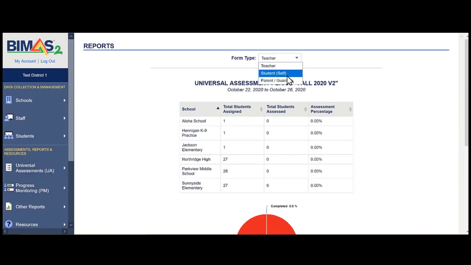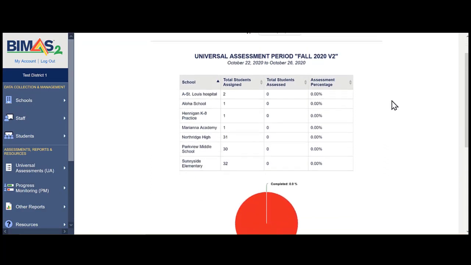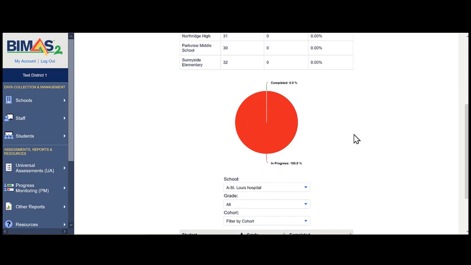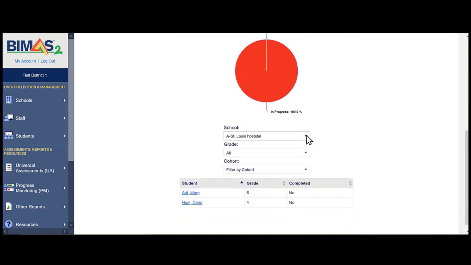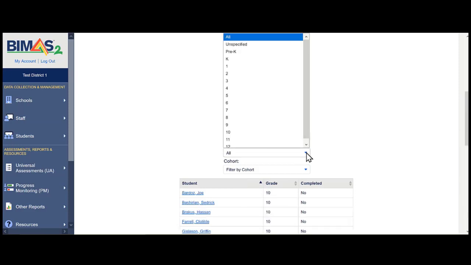So I send, for example, the student emails. As you can see here, of course, I don't have any emails because nobody has completed it yet. You will see the number of schools. Here, for example, you'll see the Northridge High in your district, and it should show how many students have completed it. But if I go down here, I can actually identify the Northridge High School,